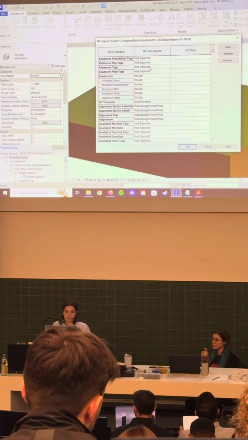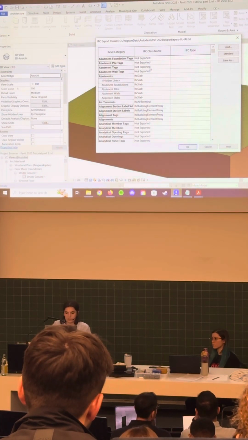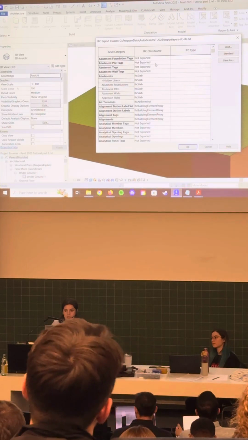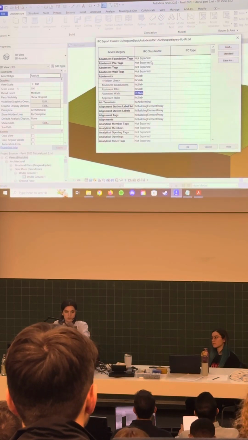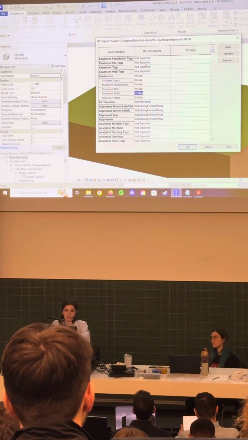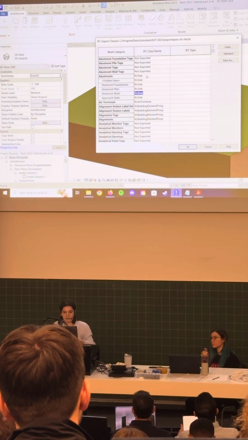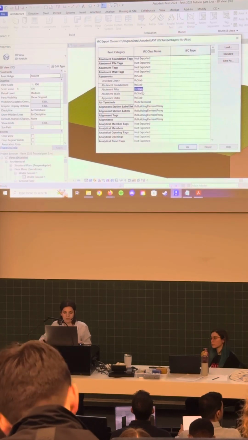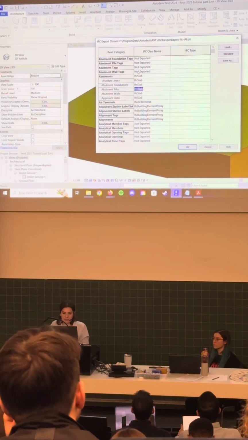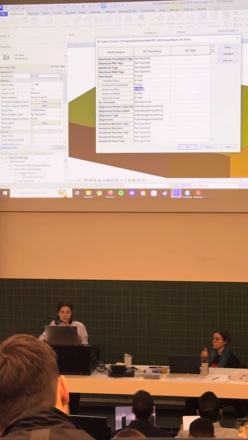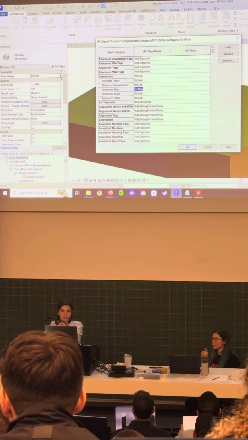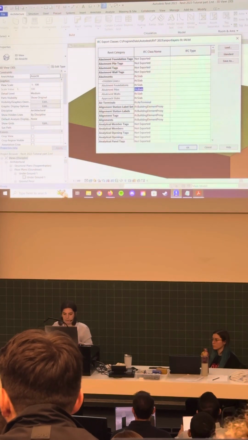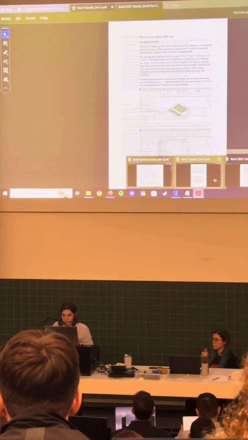This is the table. So as I said, it's important to check if something is not being mapped, it will say not exported. If you want something to not be mapped, like this certain element, you can write not exported, but you have to be careful with how you type it, type it exactly like that. If you want to change how one of these elements is being mapped, you have to again write it like, let's say this is an element that you don't want to be IFC slab, but you want it to be an IFC wall. You have to check how it's named